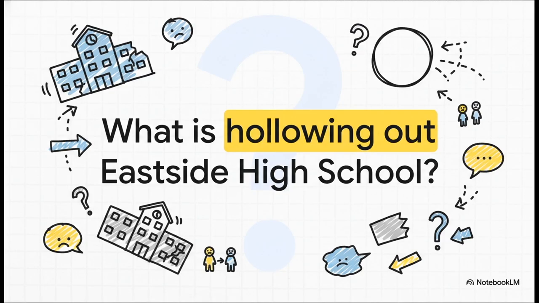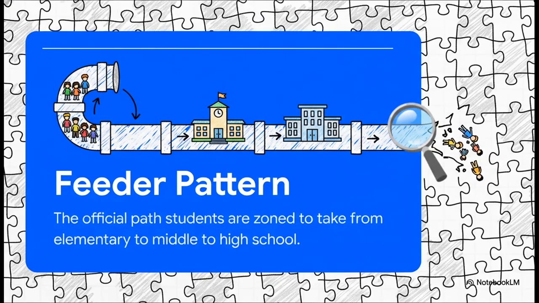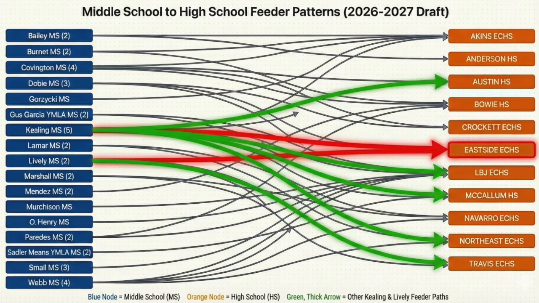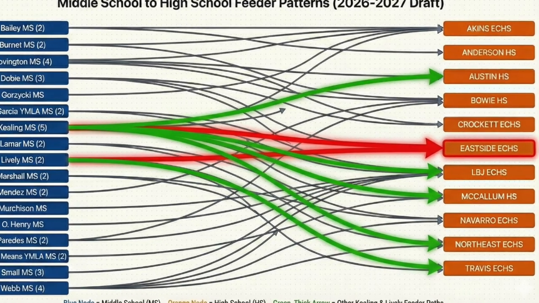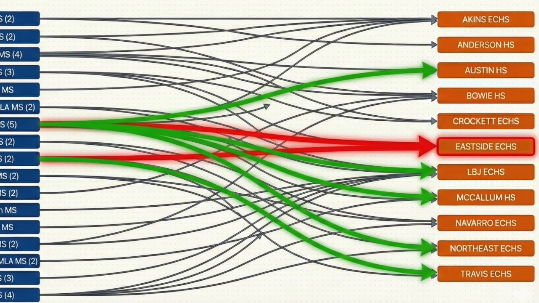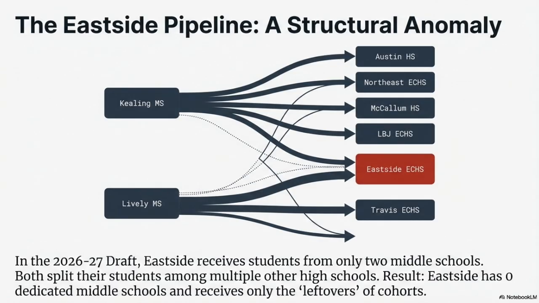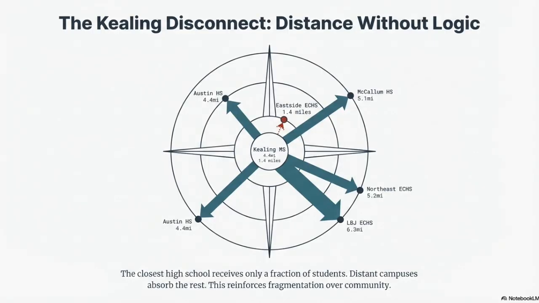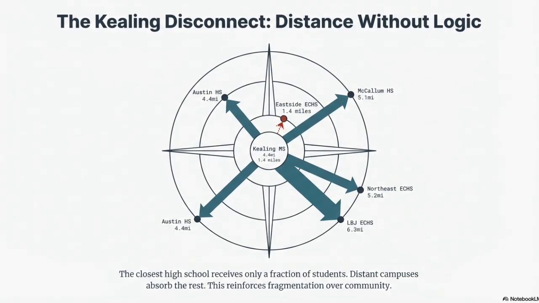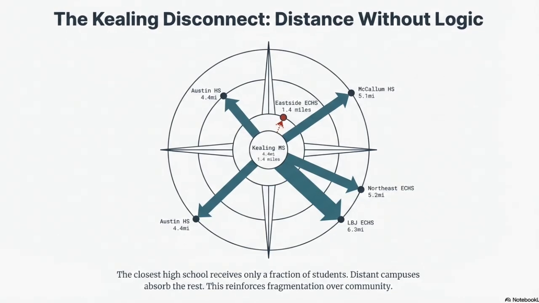And the boundary is only part of the problem. Eastside is also held back by a fractured feeder pattern, a student pipeline that is unusually fragmented and about to become even more fragmented. With Martin Middle School closing at the end of the 2025 to 2026 school year, Eastside will receive most of its students from Keeling Middle School, just 1.4 miles away. But Keeling sends students to 5 different high schools. That matters. It affects enrollment, school identity, and vertical alignment long before students ever walk into Eastside's front doors.